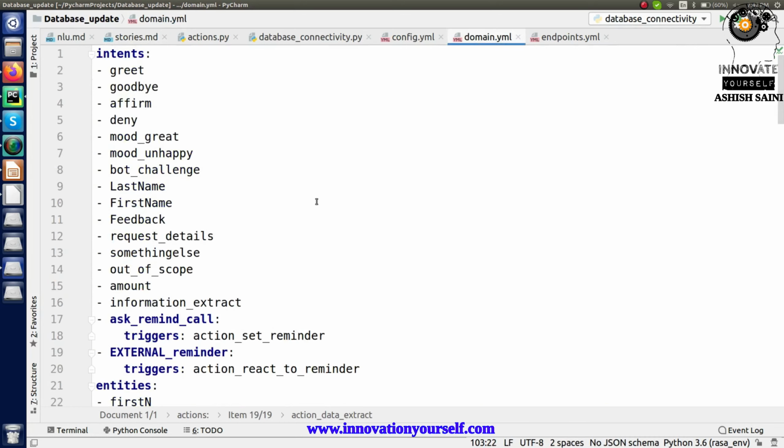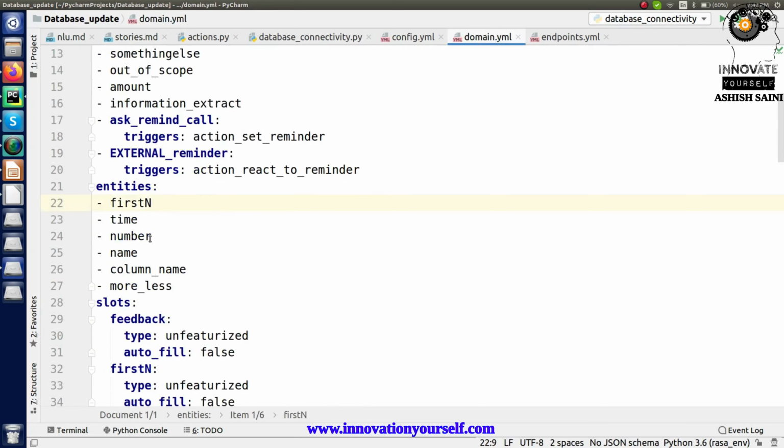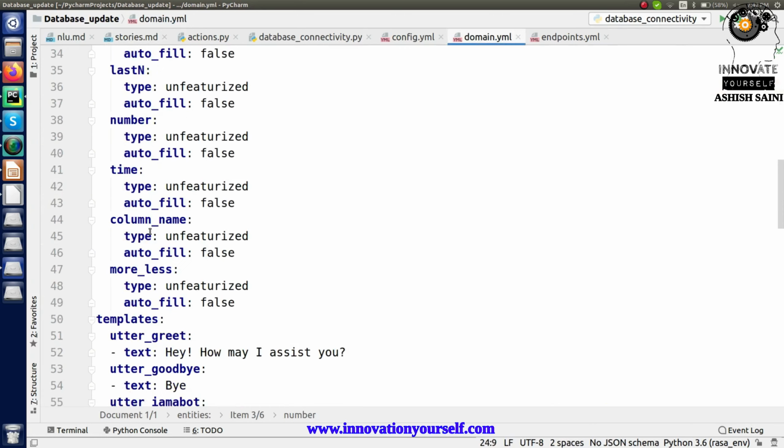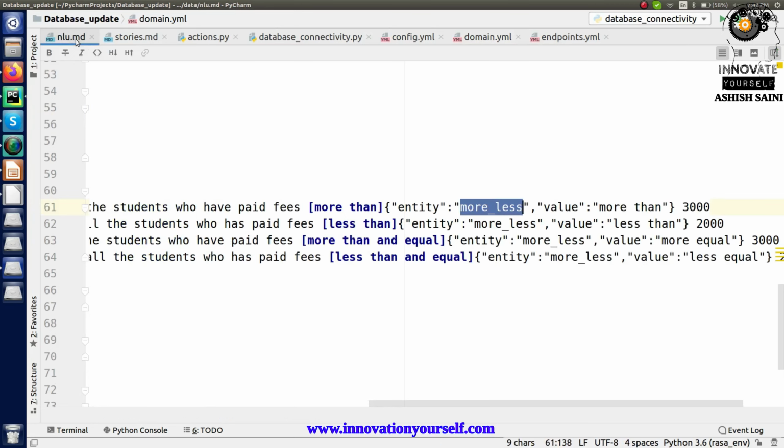And also I need to add this number over here. Okay, it's in the entity, but in the slot also I have to mention. Okay, it is already here. Okay, very good, then we can use it directly, right?